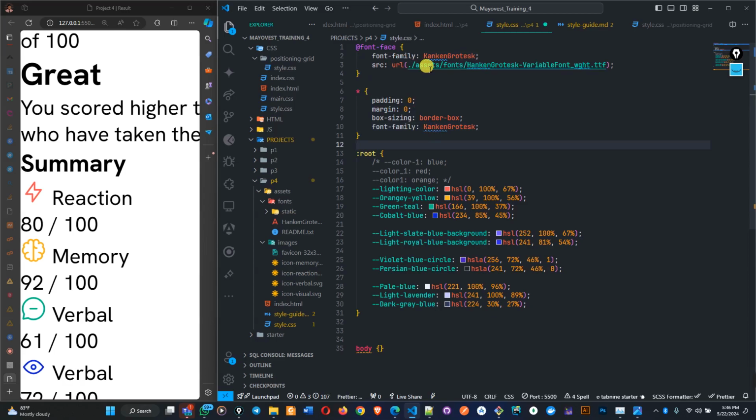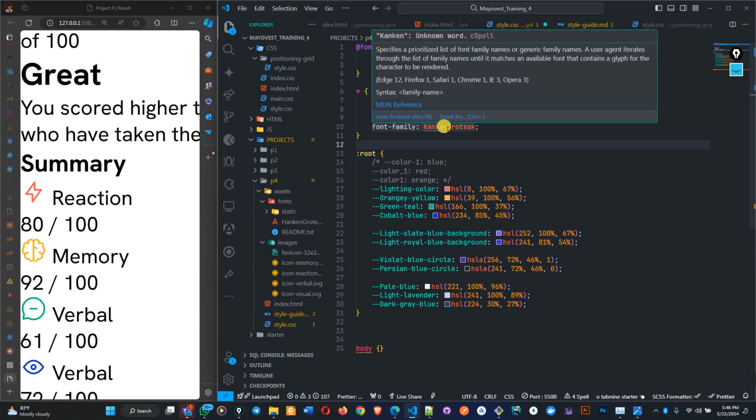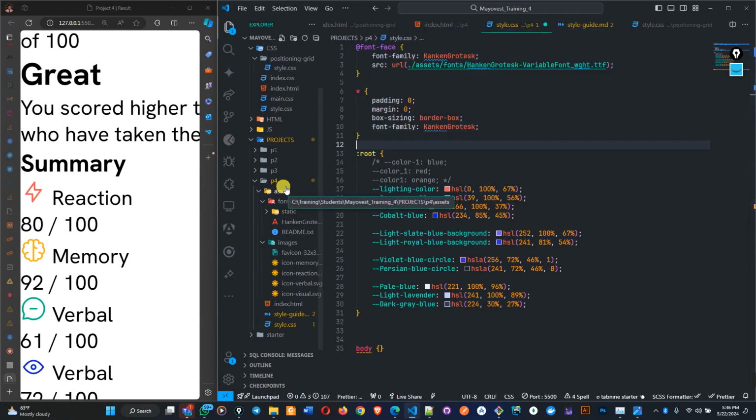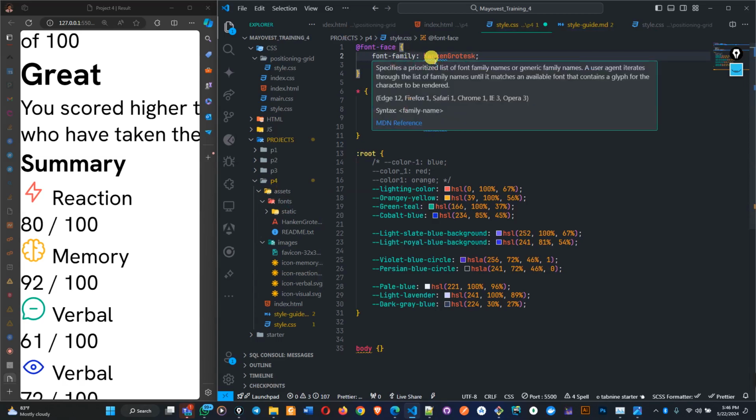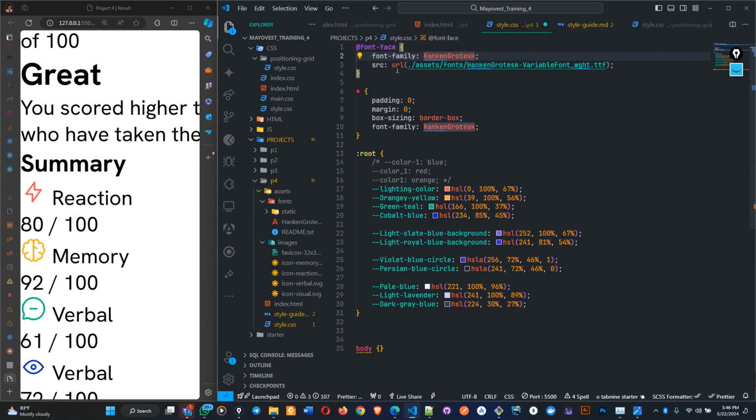The major thing is this source. So whatever font that you already have in your project folder, if you want to use it, you don't want to connect to Google, you don't want to depend on the one that is on your system, you want to use a particular font that you already have in your project folder there, you are going to define a font face rule. And this font face, you are going to have font family. What name do you want to be using anytime you want to use this font that is coming from this source? So this is the font you want to use. But this font now, which name do you want to use for it anytime you are calling font family? So you want to use this